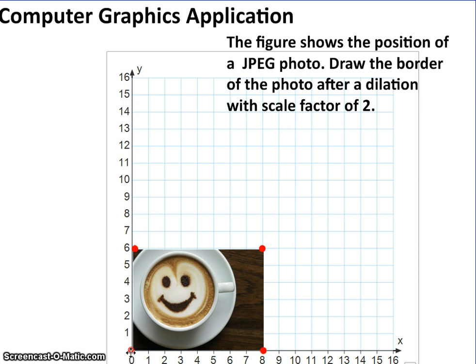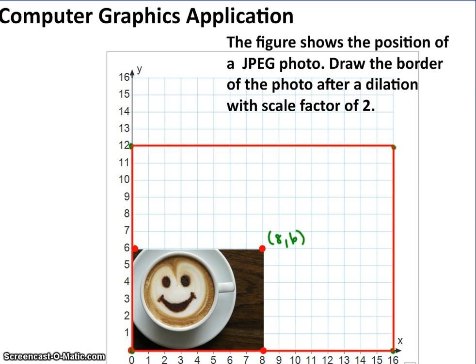So what you would do here is multiply each of the x and y values by 2. So 0 times 2 is still 0, so that would be my point here. 6 times 2 is 12, so this is my new point here. 8 times 2 is 16. And this point here is 8, 6, so that would be 16, 12 is my new point. Okay, so let's go ahead and connect those lines. So the lines that you see here would be the new picture if I dilated it with a scale factor